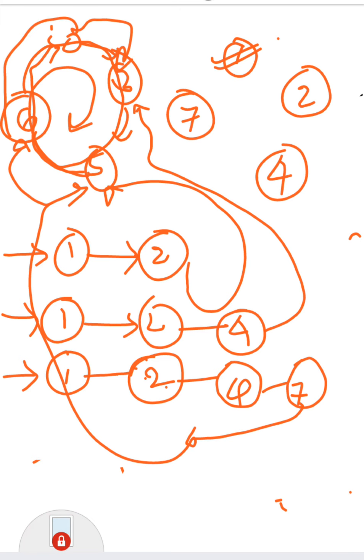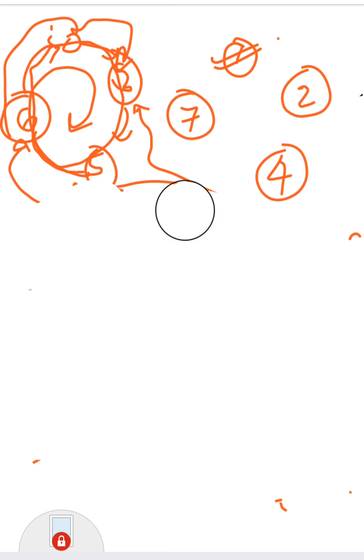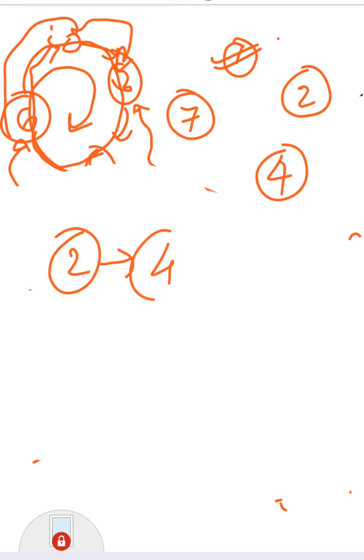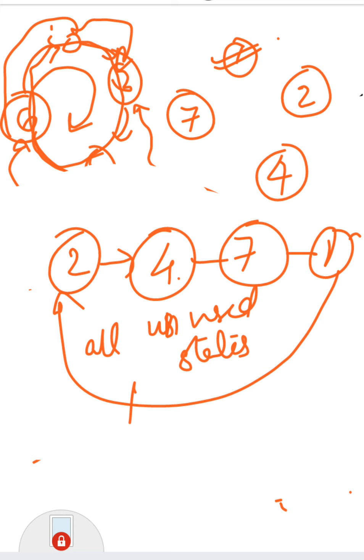Now I think you understood the difference between self-starting and a lockout condition. The meaning of lockout is, instead of coming back to the original sequence, it continues its own loop. Say it was at 2 initially, it goes to 4, it goes to 7, it goes to 1 and again it goes to 2 and it goes to 4. All these are unused states. So if this condition exists, this is called a not self-starting condition or a lockout condition.